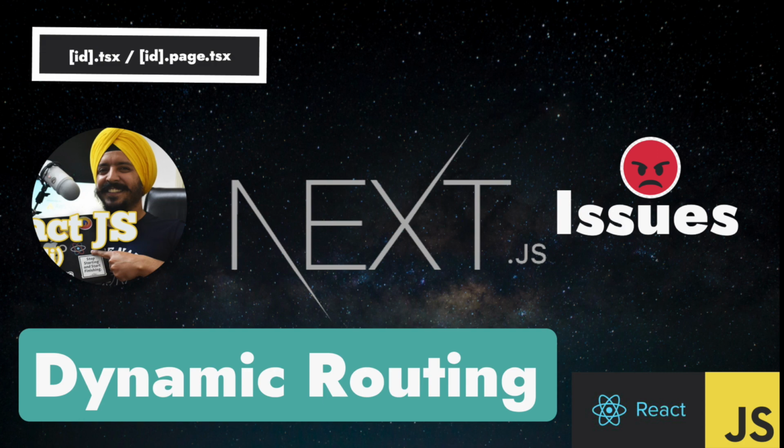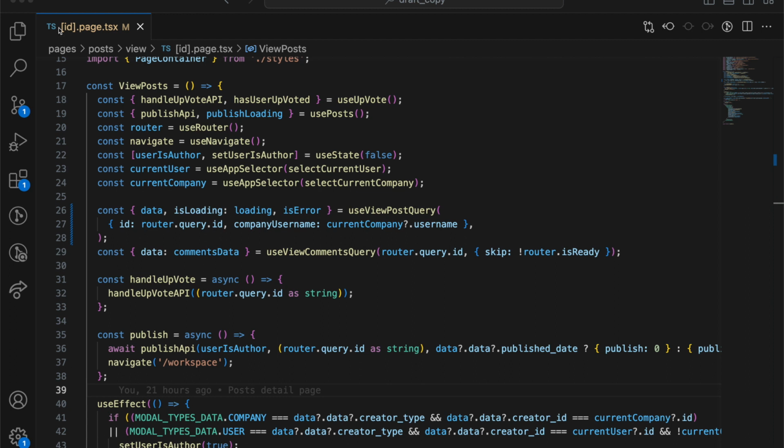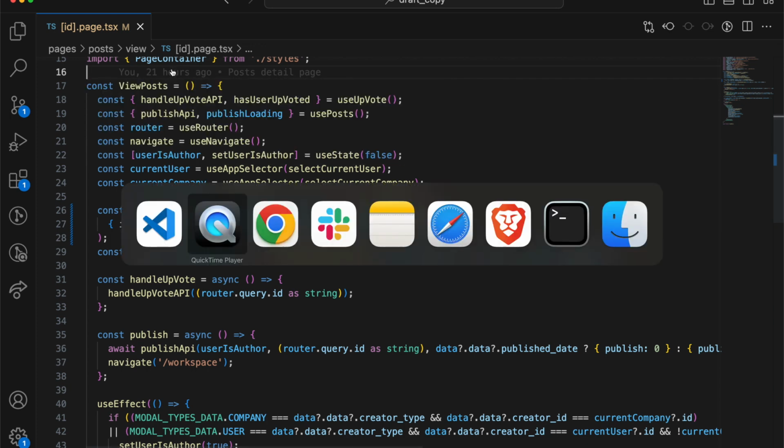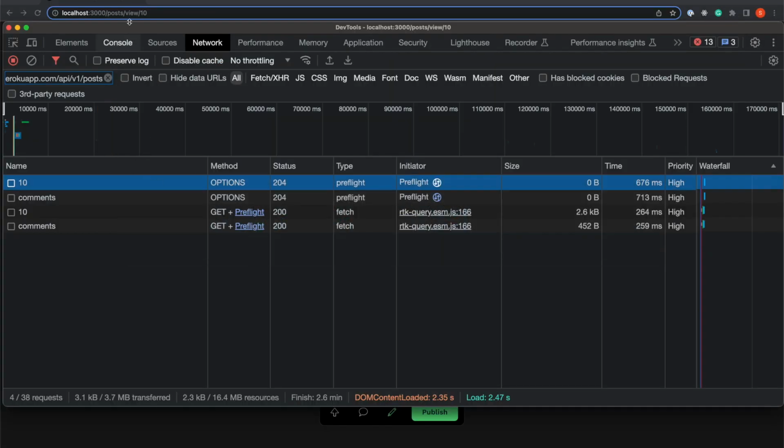So I'm working on this Next.js application of mine, and I implemented dynamic routing. As you can see, I have this id.page.tsx. So what it should be doing whenever I visit that page is give me this ID so that I can fetch the data of this ID and then show it here. As you can see, I have this ID 10 over here, so it should give me this ID